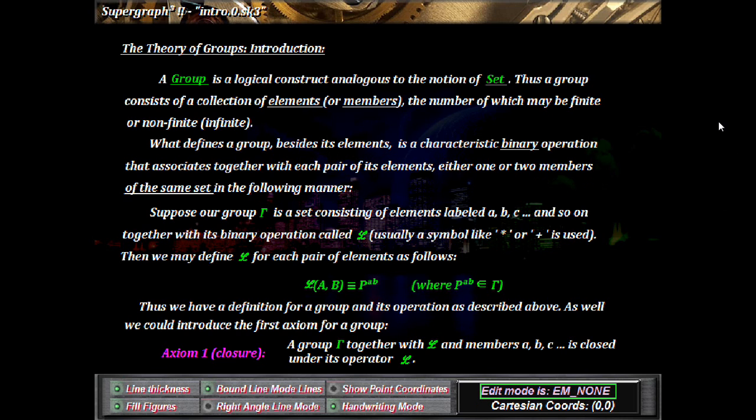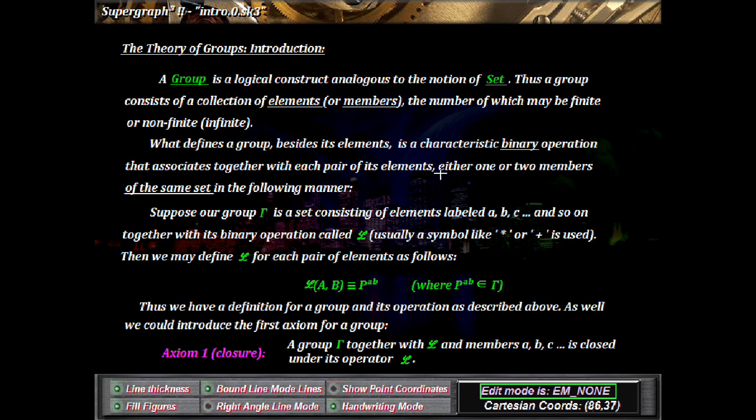And now what defines a group, besides the set property, the elements, is something called a binary operation. I've written it down this way: what defines a group besides its elements is a characteristic binary operation that associates, together with each pair of its elements, okay, all possible pairs,